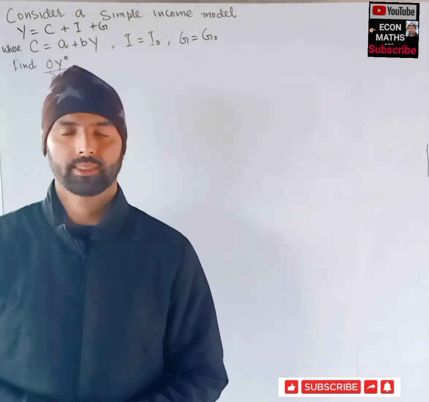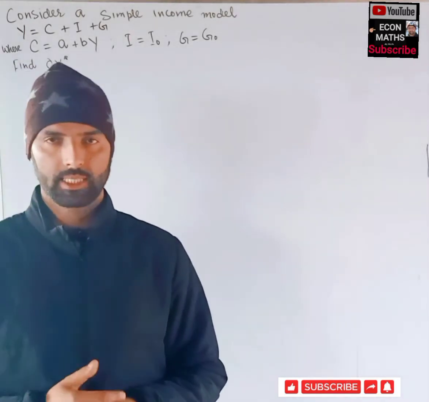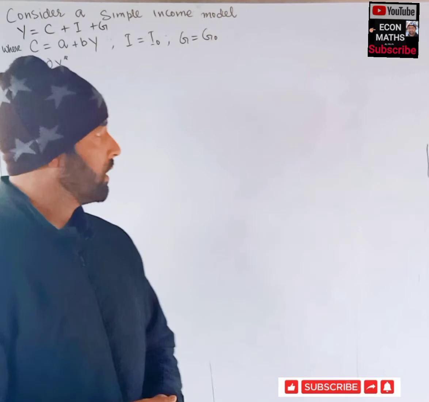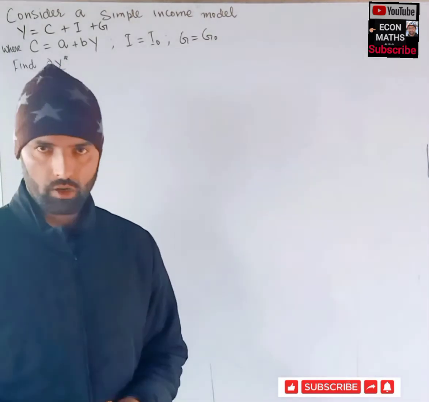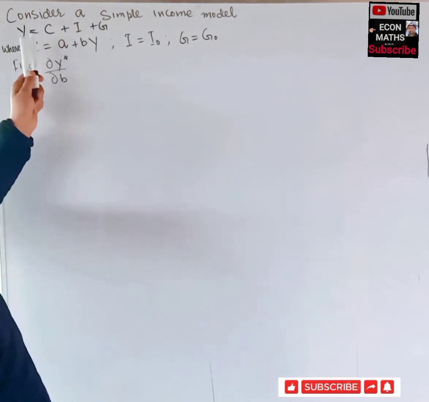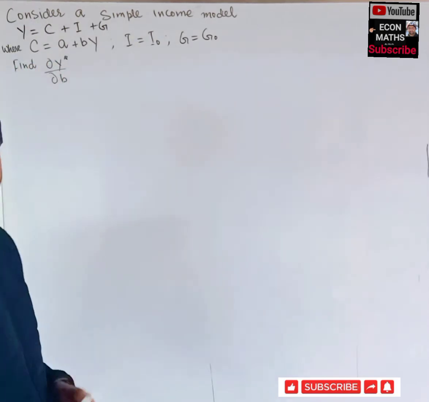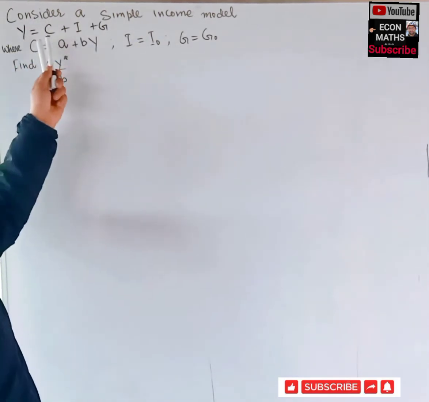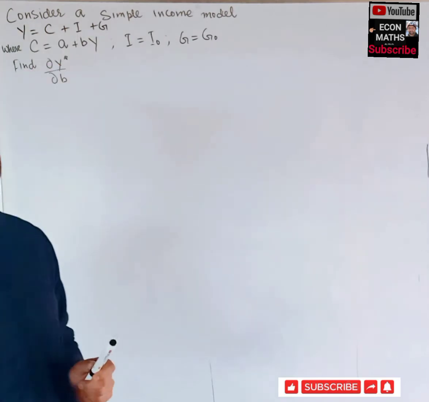Hi, this is Hilal. In this video on the Mathematical Economics series, we will solve a numerical on the income determination model. The question is: consider a simple income model, that is y = c + I + g, where y is the total income, c is the consumption function, I is the investment, and g is the government